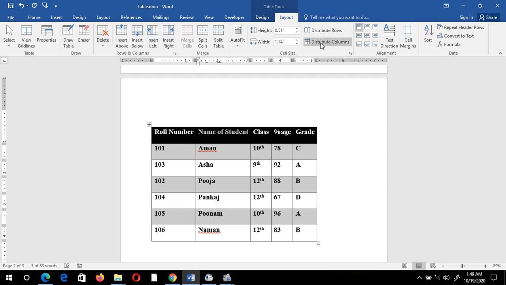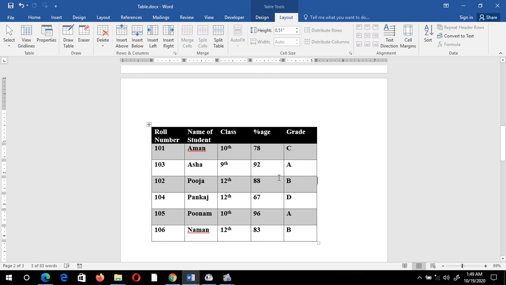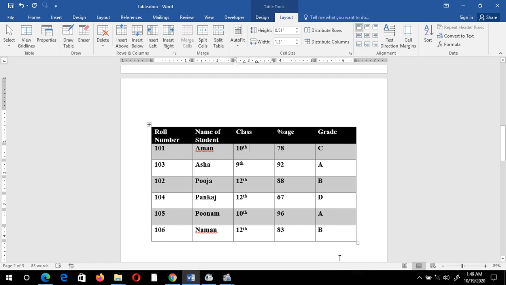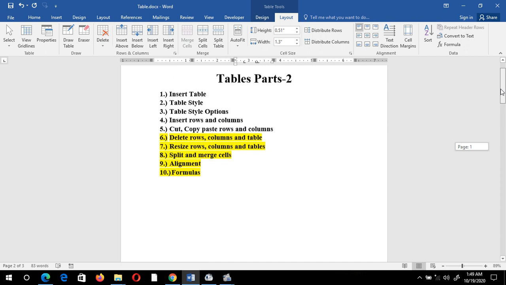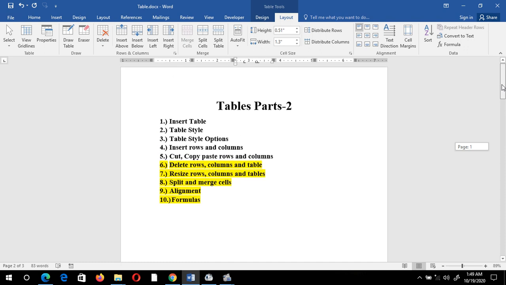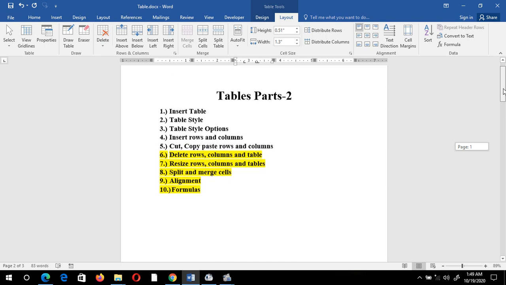If I select this option, distribute columns, then again I'll get equal width of columns. And if I select this option again, auto fit to window, then my table looks like this. So in this way I can increase the size of rows, columns and table.